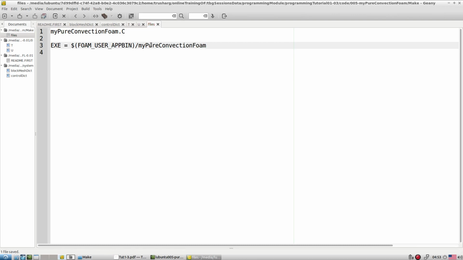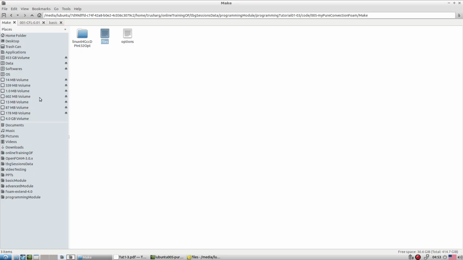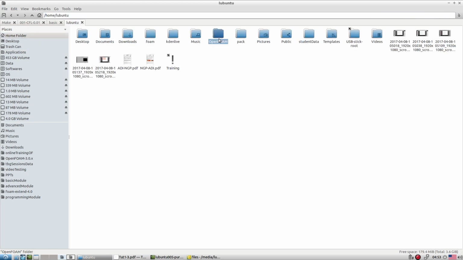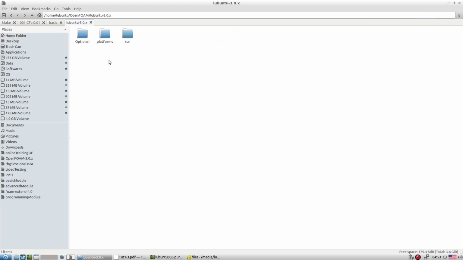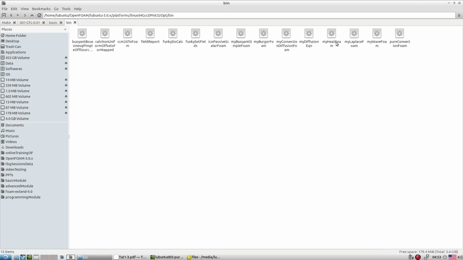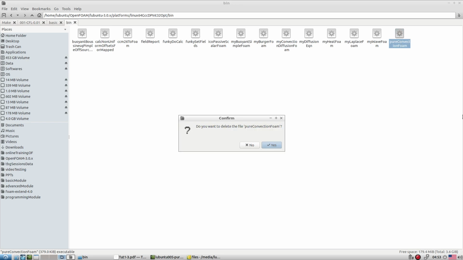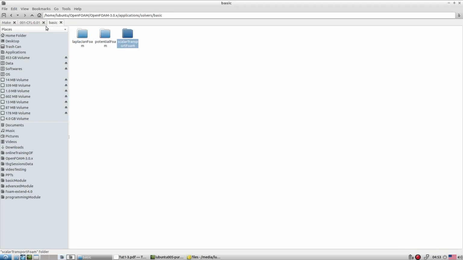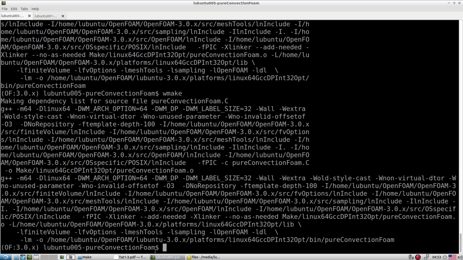But we already have a previously compiled one, so it is better if we delete that from the bin folder. So go to the area, home, OpenFOAM, platform, here bin, we have pure convection form, so we are deleting this, so we are now clean with that.